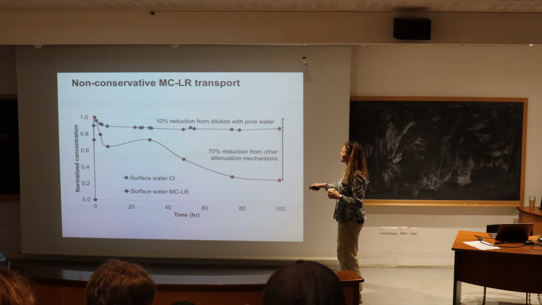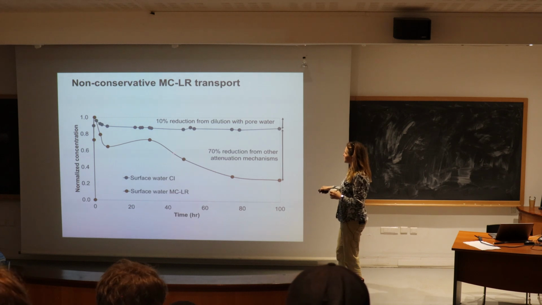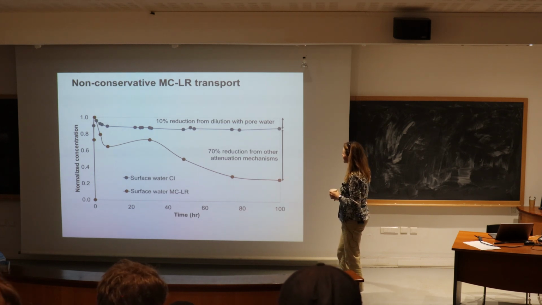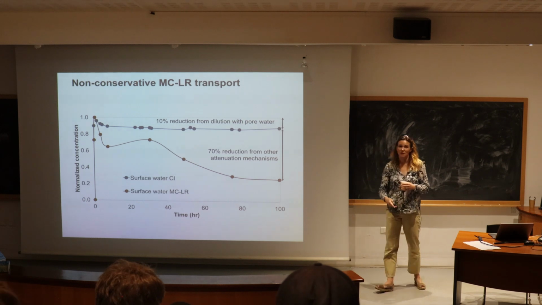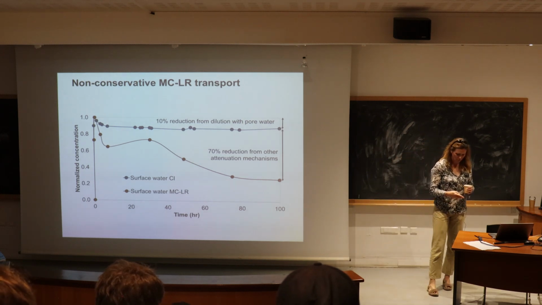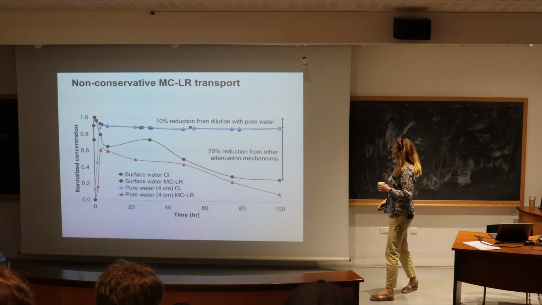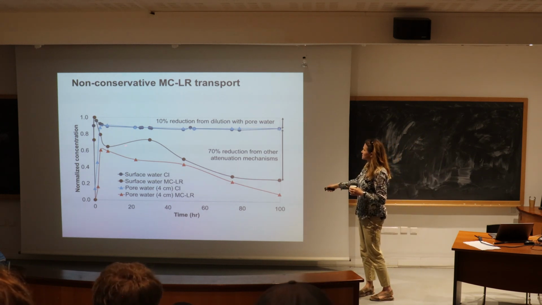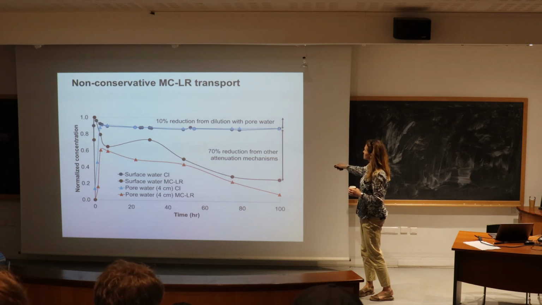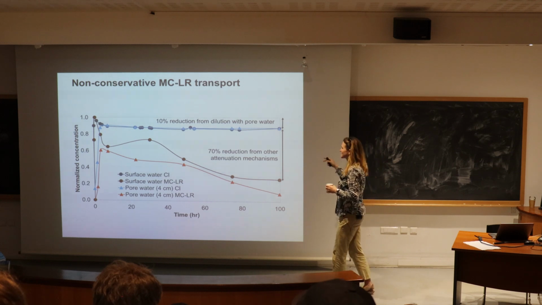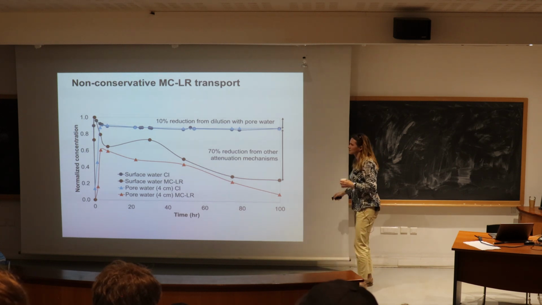We did. So what we saw is that concentration dropped with the chloride and then leveled off, but the microcystin, this data is a little bit noisy because of the way we were analyzing it, but the microcystin concentration dropped substantially over time due to that breakdown or removal in the sediments. And we can look at the pore water, and it does what we would expect. So here's the chloride concentration in the pore water. It's fully mixed with surface water when the two are the same. In the algal toxin concentration, though, it first increases as that mixing occurs, and then it decreases due to degradation